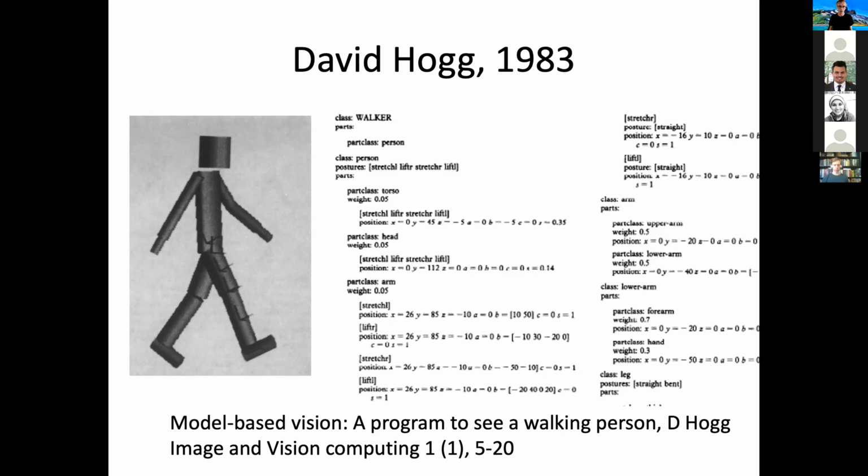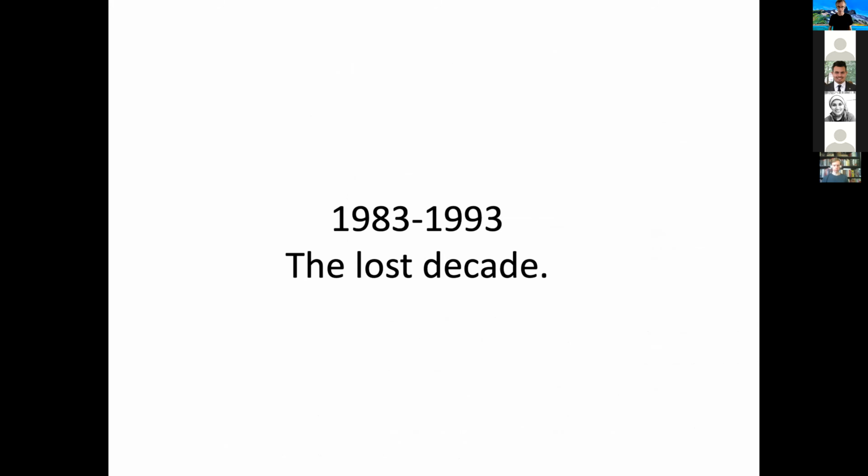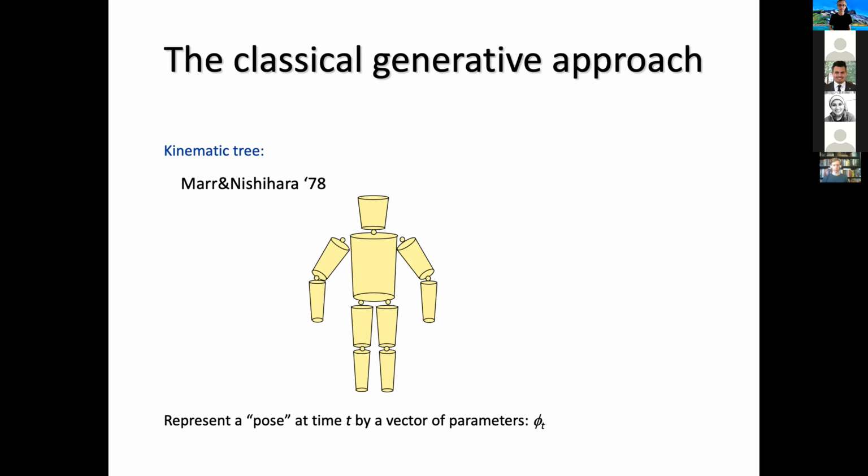And then after this really groundbreaking work of using 3D models to understand images, nothing happened. An entire decade went by and there's basically not a single paper on this topic. I think Hogg scared everybody off. Nobody could really reproduce it. It was probably way too hard for the computing power of the time. And nothing happened, literally for a decade. But then it picked up again in around the early